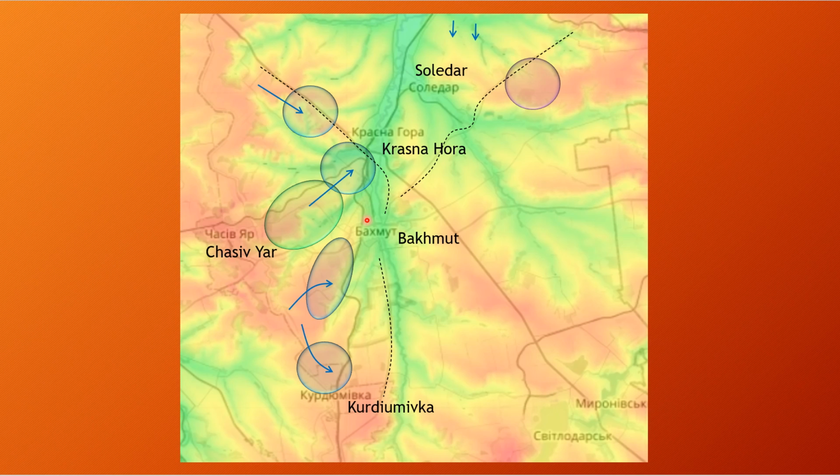And you have here the blue circles, where Ukraine has pushed in and secured territory. And the green one here outside of Chasiv Yar, they've held on to that territory all along. Up here we have a purple circle that appears to be where Ukraine is attempting to go. And what do they have in common? Well, most of them at least. Well, they're hills, high ground. As you can see here,